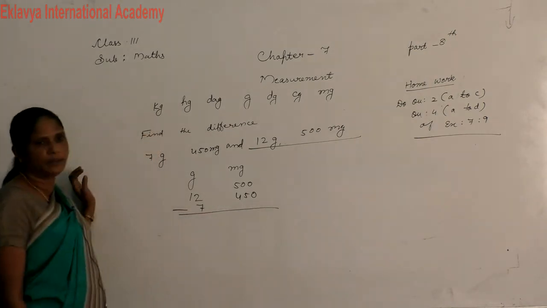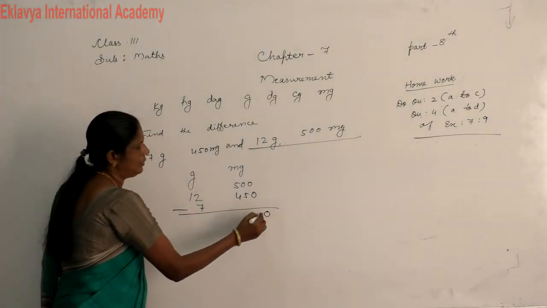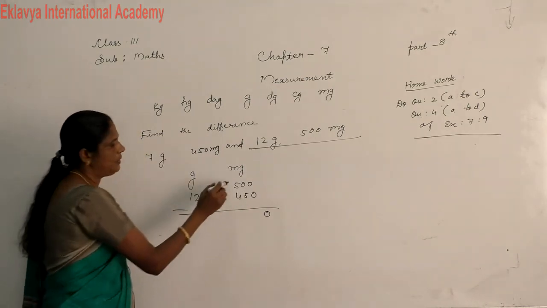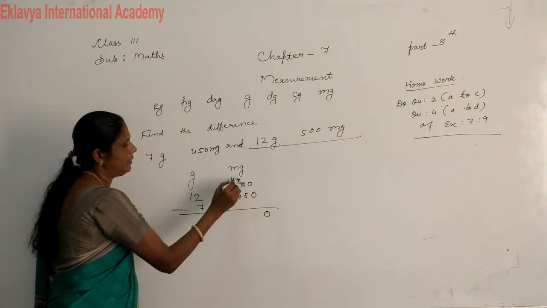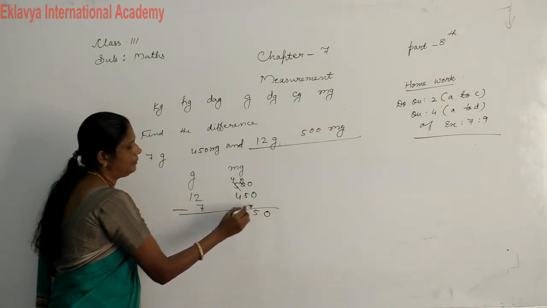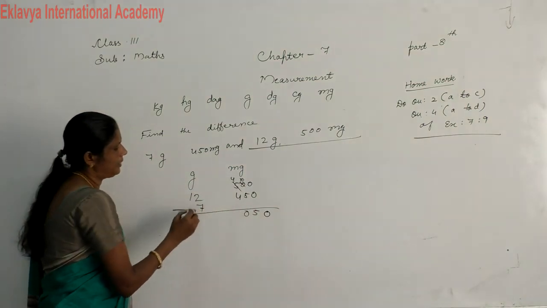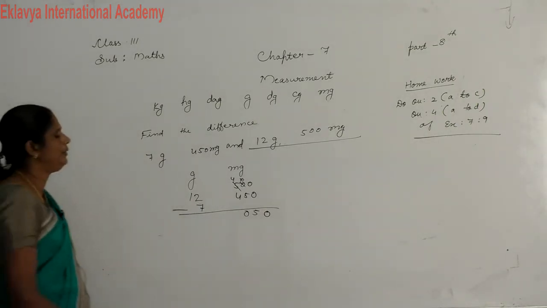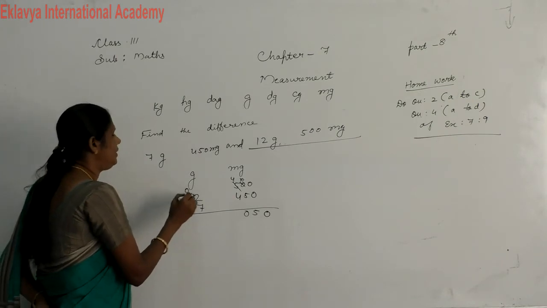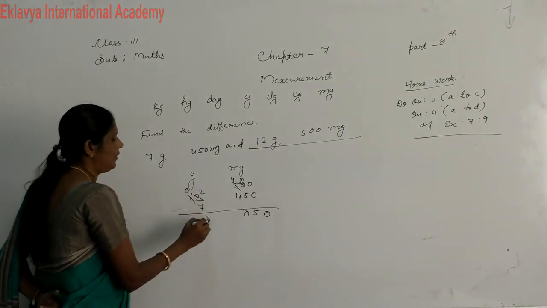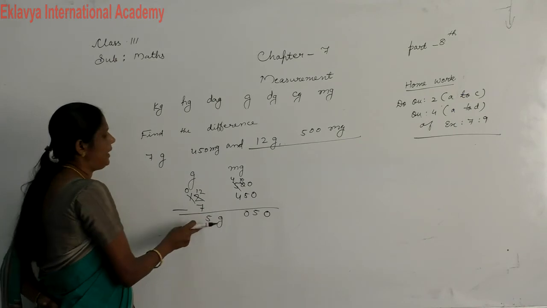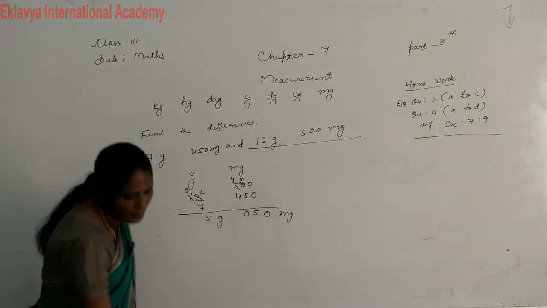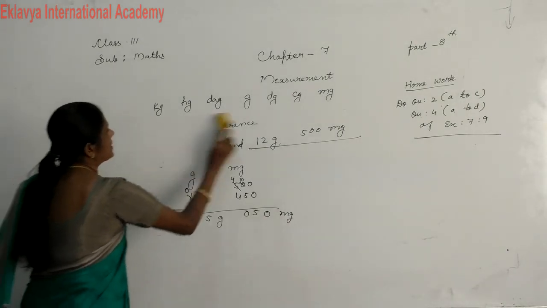Now subtract the numbers. 0, then 5 take away from 0. Is this possible? No. You borrow, then it becomes 10, you get 5, here 0. 7 take away from 2, is this possible? No. You cut 0 here, this becomes 12, then 5. Our answer is 5 gram 50 mg. Do you understand this? Then next,